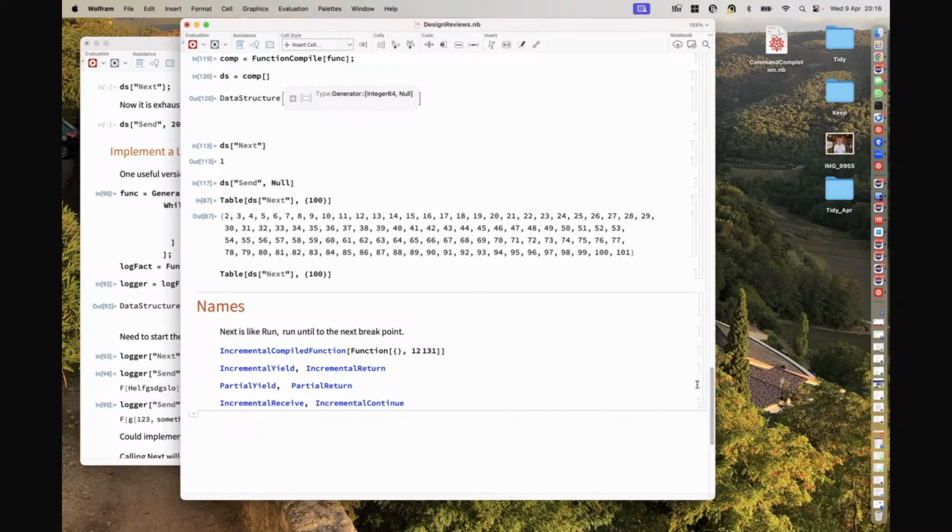There's also a task framework, right? The task suspend, resume, the scheduled task, abort. You could think of suspend, but the problem is suspend doesn't have this notion of returning anything. I actually think yield is a good word. I agree. I quite like incremental yield and receive. Yeah, I don't think that's bad. I don't know, I think the incremental is